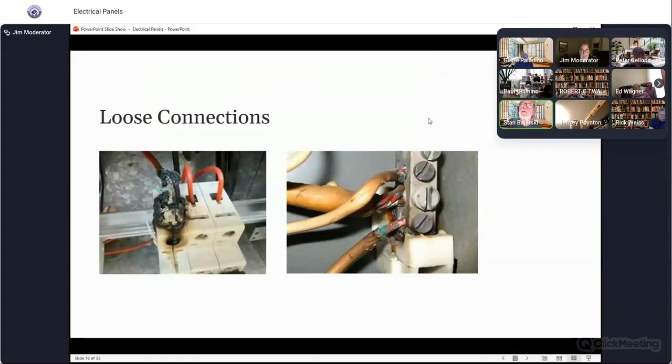But how about these panels that are painted to the wall and you're not going to take them off? You're never going to find stuff like this. So that's why you've got to cover yourself. I don't think we have a slide here, but you've got to cover yourself when you can't take that panel cover off. I make a statement saying that the cover should be taken off and the inside of the panel inspected for defects. Yep. So on the right, that picture there is, again, loose connections,